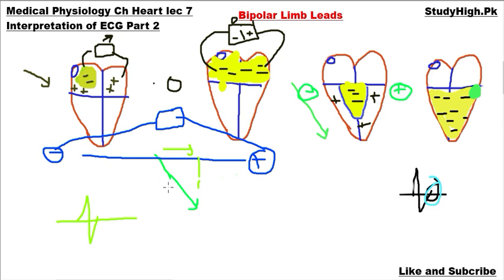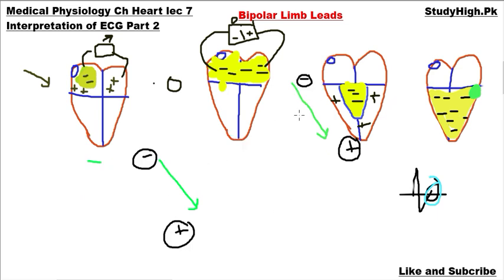Just assume what will happen if we place the negative terminal at this region and the positive terminal at this region. If we connect the leads, the negative terminal just near the base of the QRS vector and the positive terminal in this direction, in this way we have placed the negative electrode on the right side of the heart, whereas the positive lead, which is further connected with the positive terminal of the electrocardiography meter, is on the base, towards the apex of the ventricle.